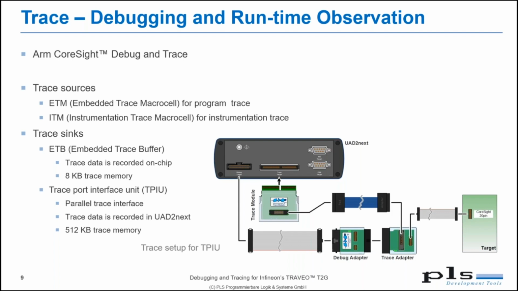To use the external trace option from the debugger hardware side, you will need the UAD2Next, of course, and an additional trace module that can be plugged in, shown here in this picture. And we also need a trace adapter. On the target side, we need to configure the target pins to provide the trace output. This configuration is already prepared in the target configuration of UDE, but not enabled. So you have to enable that, and I'd like to show that